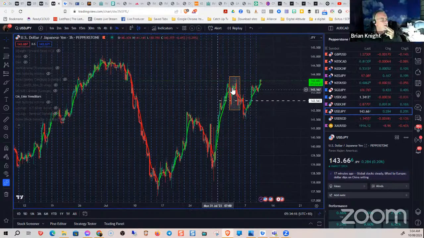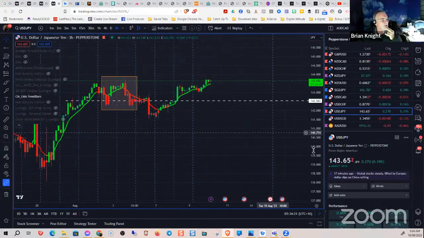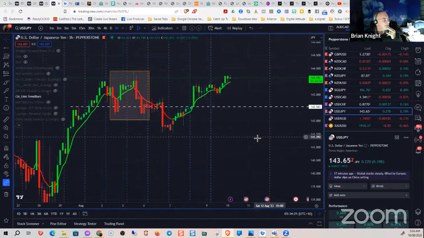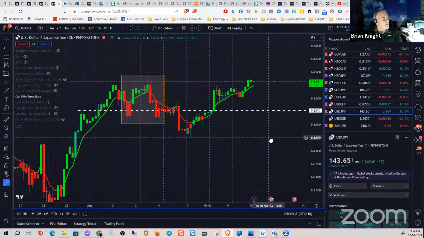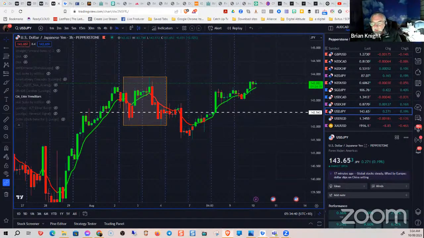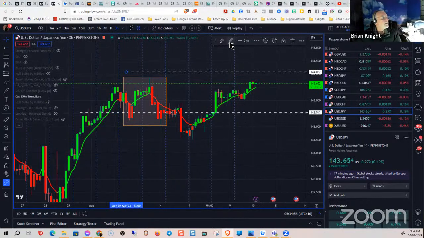This is the UJ. So you can see this is where I got in the trade, pulled down. In hindsight, over a number of days, it didn't pull back anyway. Hang on a minute, we'll just have a look and see where my stop loss is on that one. 144.081. Somewhere here.